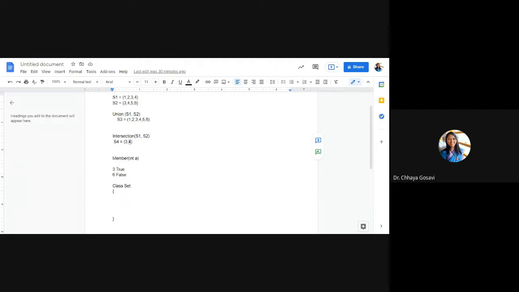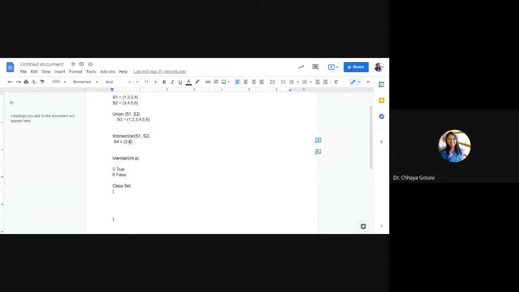We'll check if A of i, we'll call the member of function for the B array and check whether the element of A is present in B. No need of this for loop. Our member of function will do that task for us.